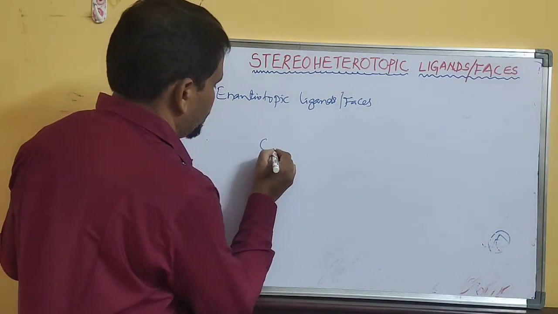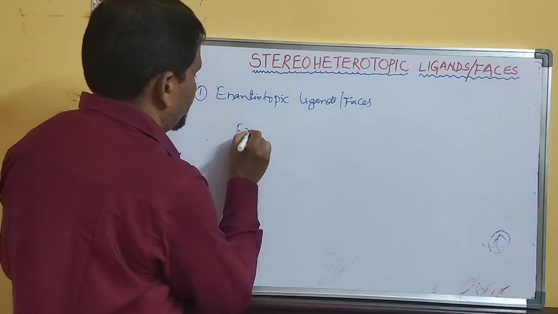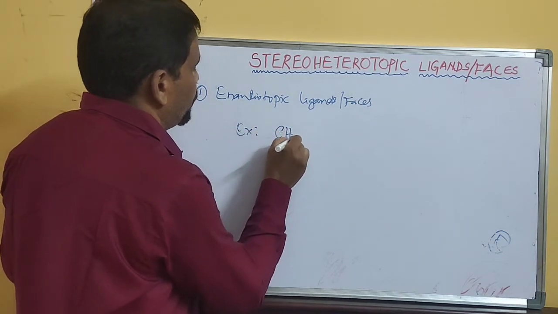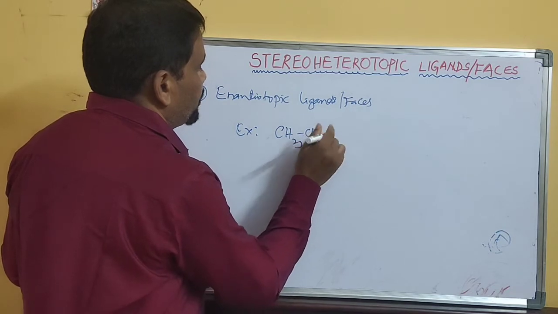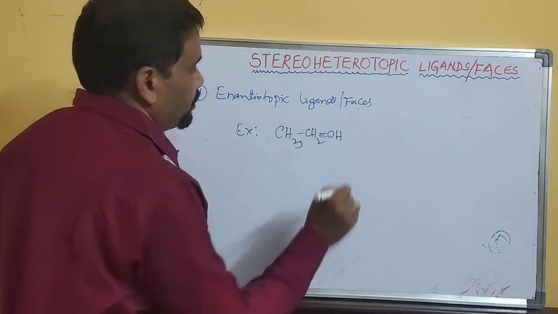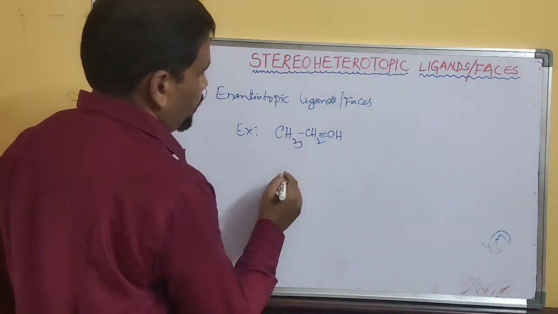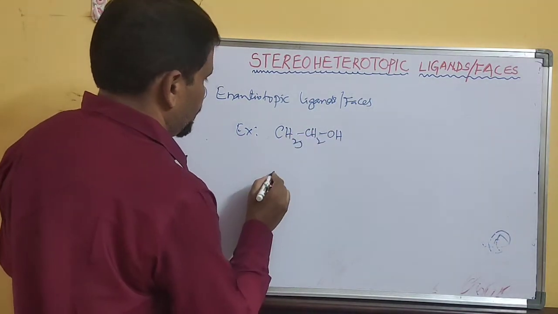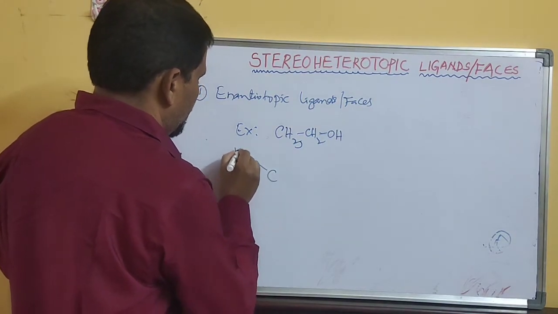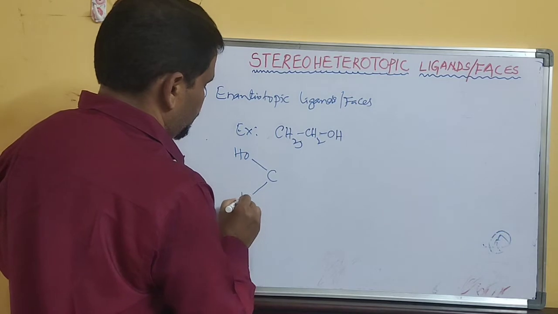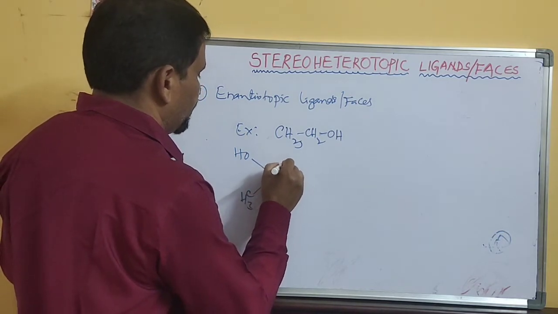Suppose, this is one of the examples. I can write it as CH3CH2OH. So this is simple ethanol, right? Simple ethanol molecule. This can be written with a central carbon: one is a hydroxyl group, the other one is a CH3 group, and two hydrogens are there,